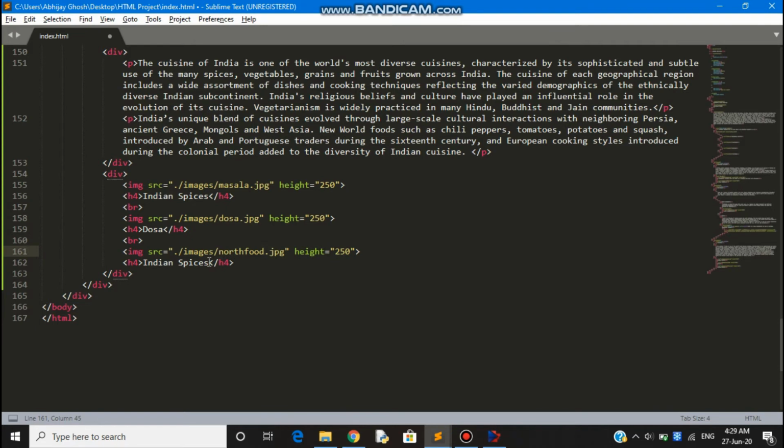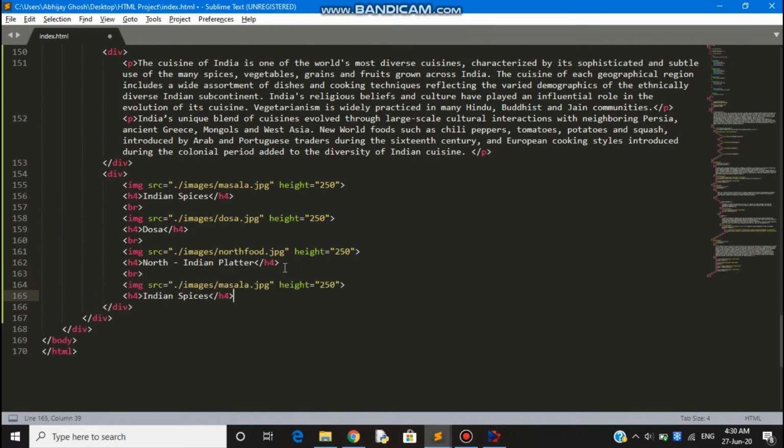The next one was for dosa. The third one goes, which will be a North food. It is a North Indian platter photo, so we give a suitable description to it.